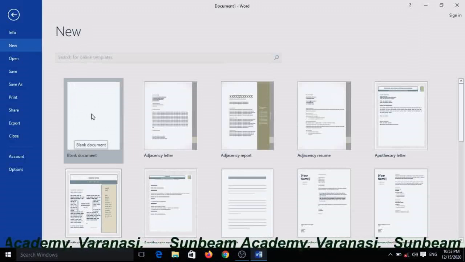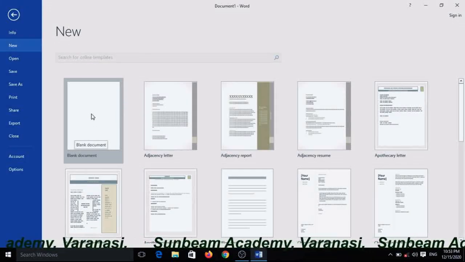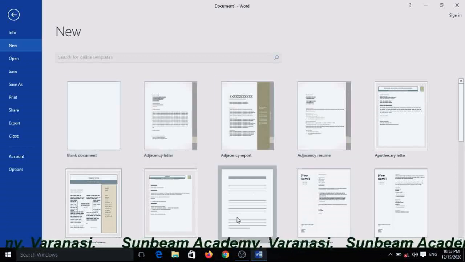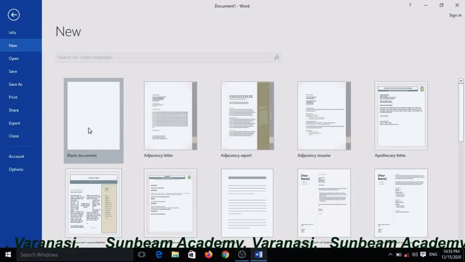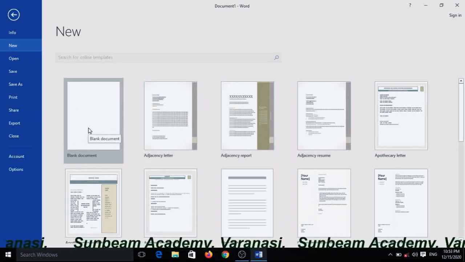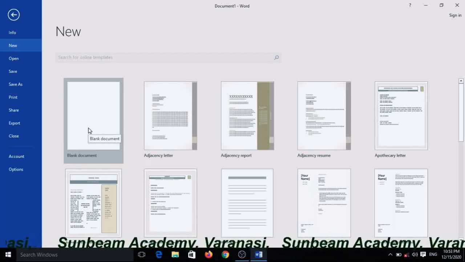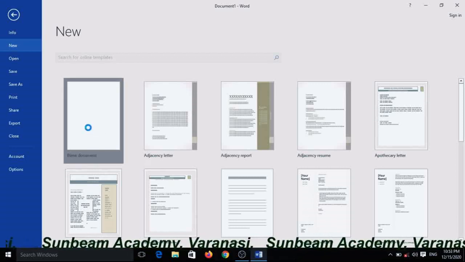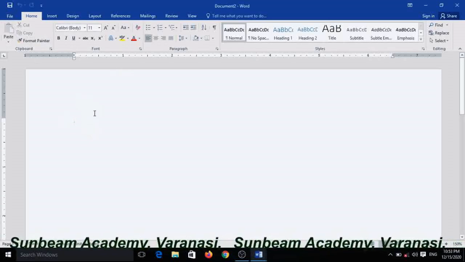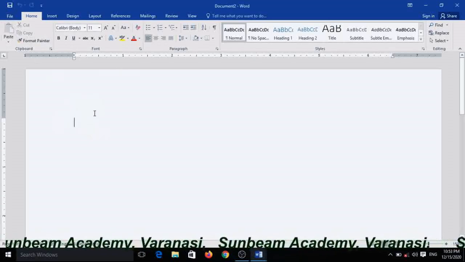When you select the new option from the first column, it will display a list of icons, and you choose the first one and click on the blank document icon, which is the very first option. Now you can see easily your new document has been opened.